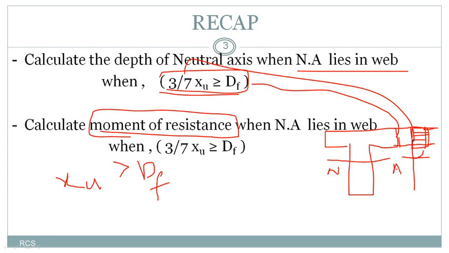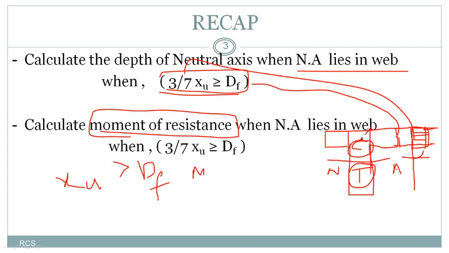How do we calculate the moment of resistance? For this, we should know the total compression force in the compression zone and the total force in the tension zone, as the neutral axis divides this T-section into a compression zone and a tension zone. To calculate the total compressive force and total tensile force in this T-beam, I have divided the complete T-beam into two different figures.